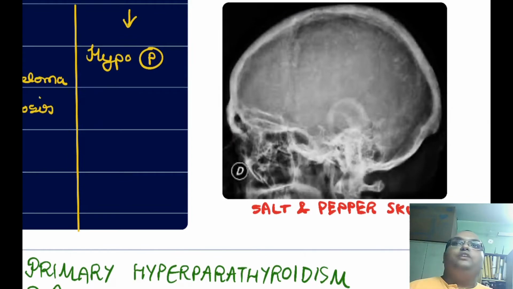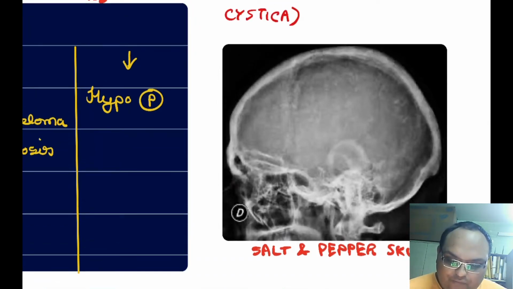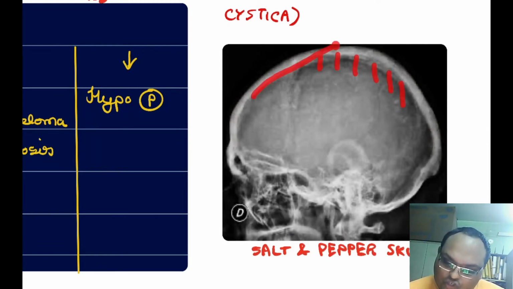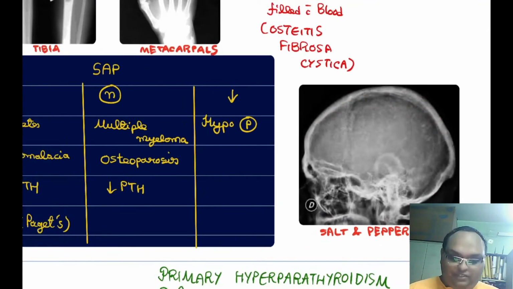Of course, due to this bone remodeling. You can see the appearance it gives due to the external diploic expansion, the outer table getting eroded, the inner table trying to compensate. So this entire process manifests as a hard shell of radiolucent bone outside and diploic space thickening over here. So this is the salt, this is the pepper, and you have a salt and pepper appearance of the skull, also sometimes known as the pepper pot appearance, right?